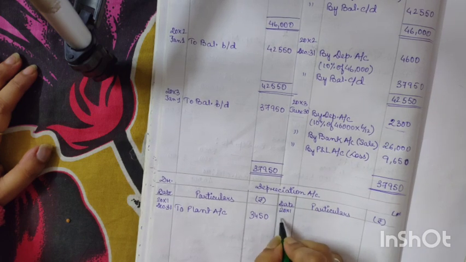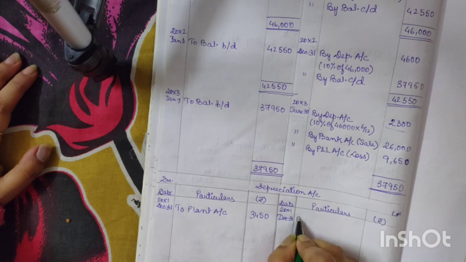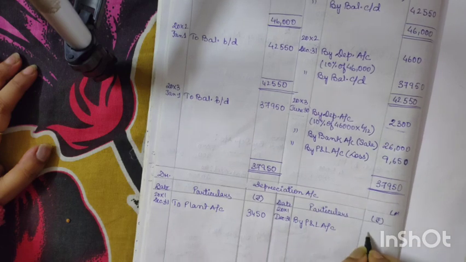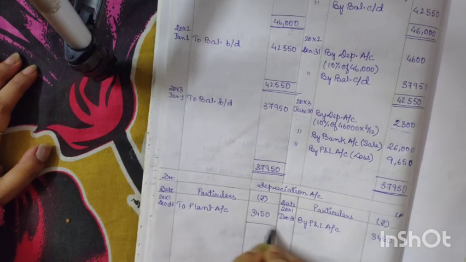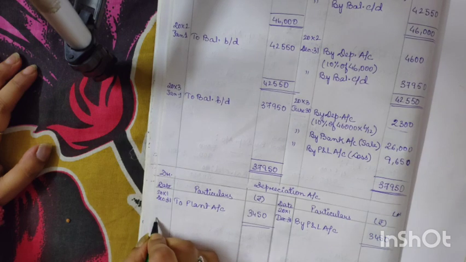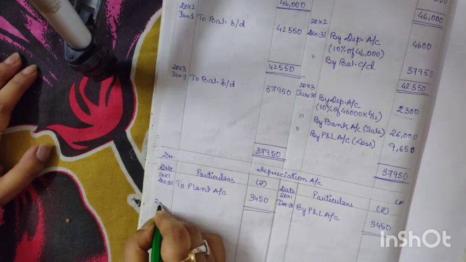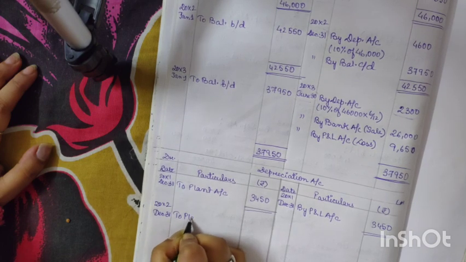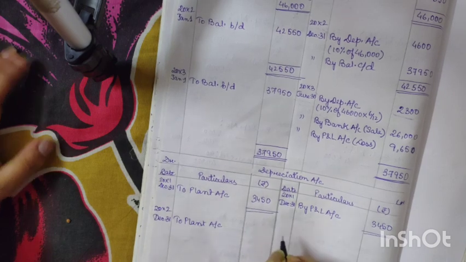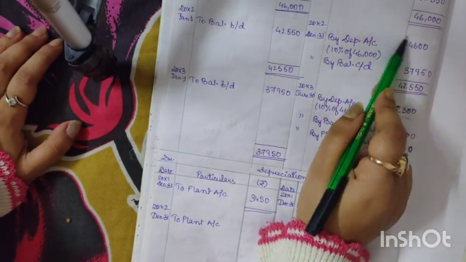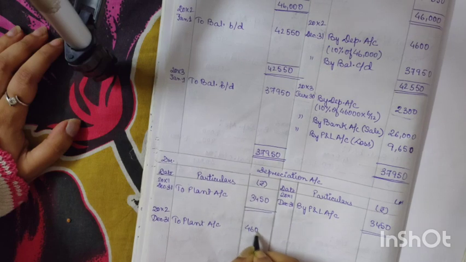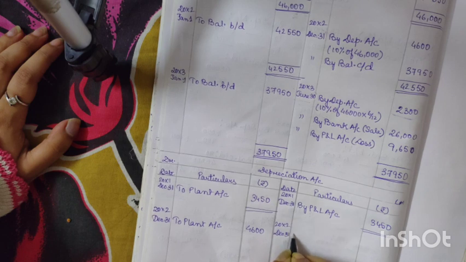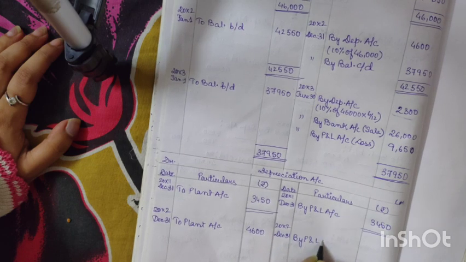Again 2001 December 31st, by profit and loss account 3,450. The first year is over. Again in the second year, in 2002 December 31st, again to plant account. Now in the second year you can see the depreciation was 4,600. So here we will write 4,600. Again 2002 December 31st, by profit and loss account